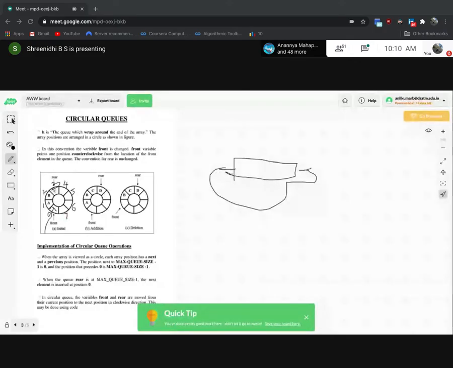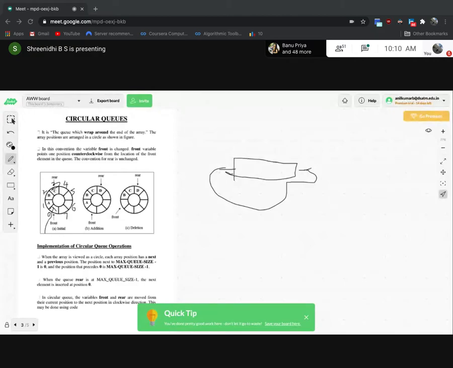These are the indexes of an array as usual, like a normal queue. It starts from index 0, 1, 2, 3, and so on. These are all the indexes of the array, 0 to 7.